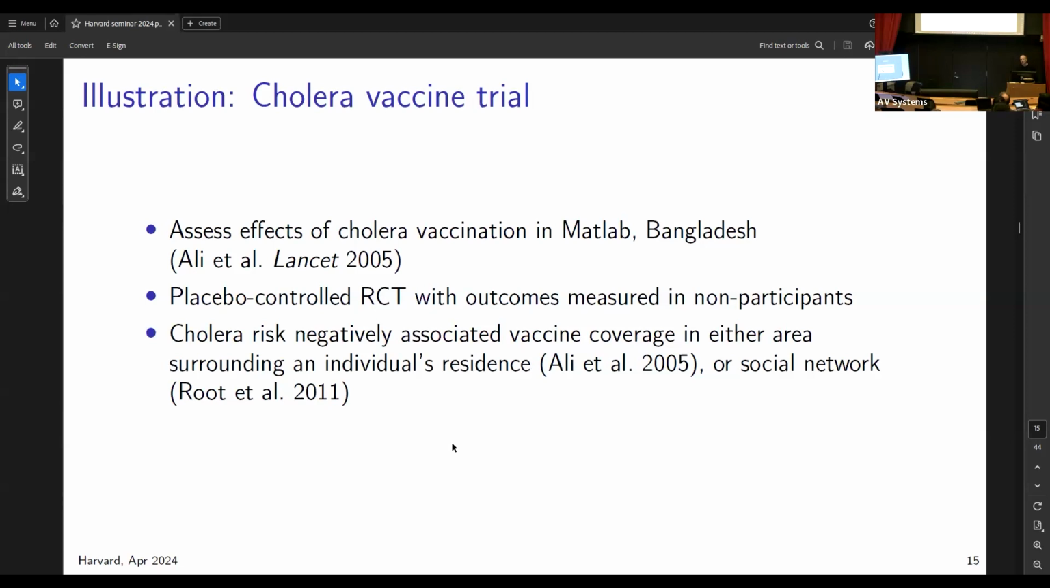And there have been previous analyses of these data based on the spatial distribution of individuals and where they live, and also using social network information about who in the study knew each other, to suggest that there's potentially a spillover effect or interference here. So analyses that showed amongst individuals who did not receive the cholera vaccine that their risk seemed to go down as the proportion of people around them vaccinated went up. So there's some hint in the earlier analyses that there was an interference or spillover effect of the